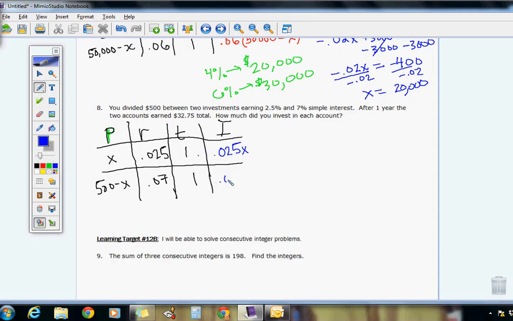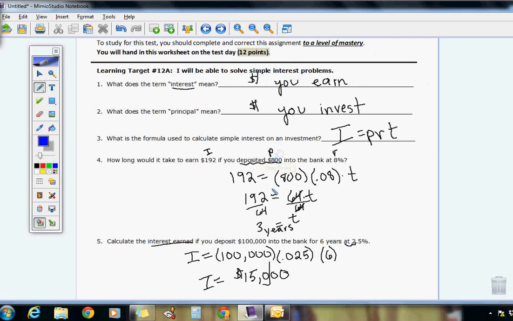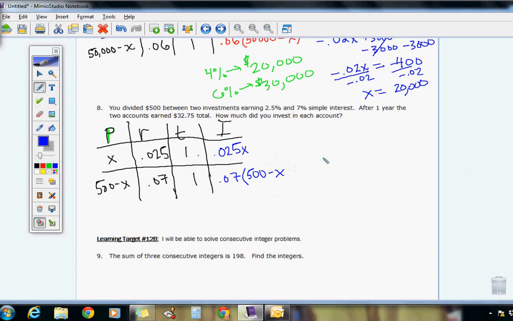It's going to give me 0.07 times 500 minus x. Minus x, and then again, just like the last problem, we take 0.025x and we add to that, and I'm going to save some time and energy here. Watch this in red. I'm going to add this one here, but I'm going to distribute through at the exact same time. So distributing through there, I get a 35